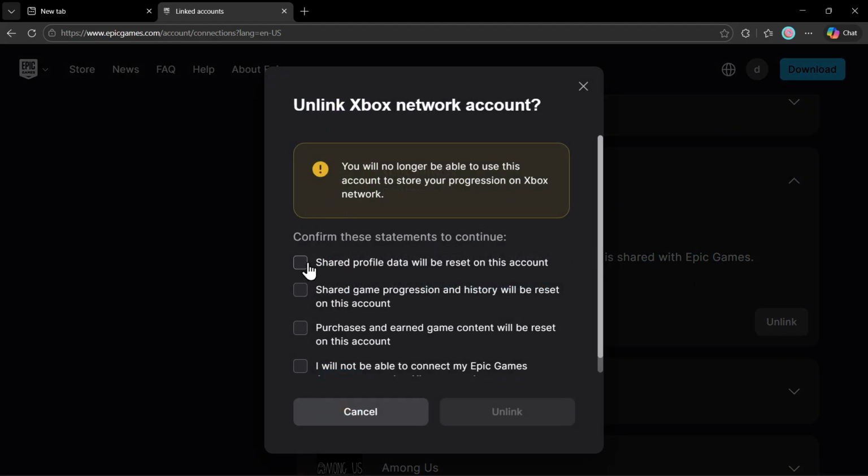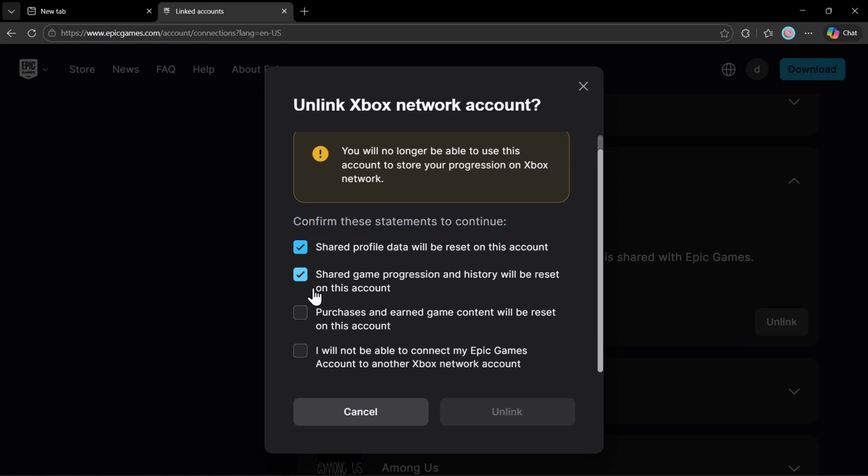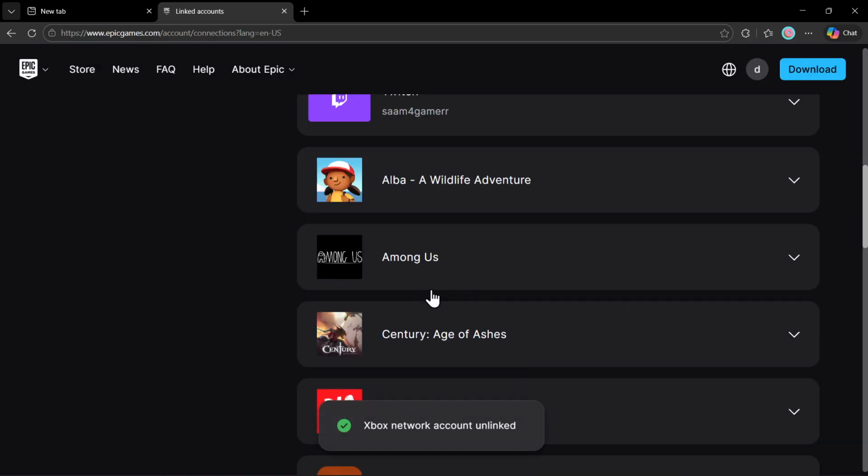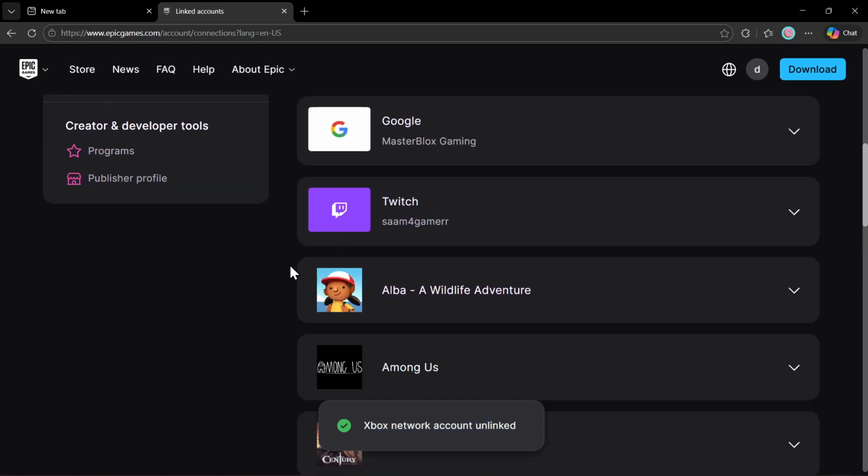And now you can see that just to confirm these statements, they're telling you to do this just to make sure that you really want to unlink it. And then click on Unlink. And as you can see, it says Xbox network account unlinked, and that's it. You can't see it in the list